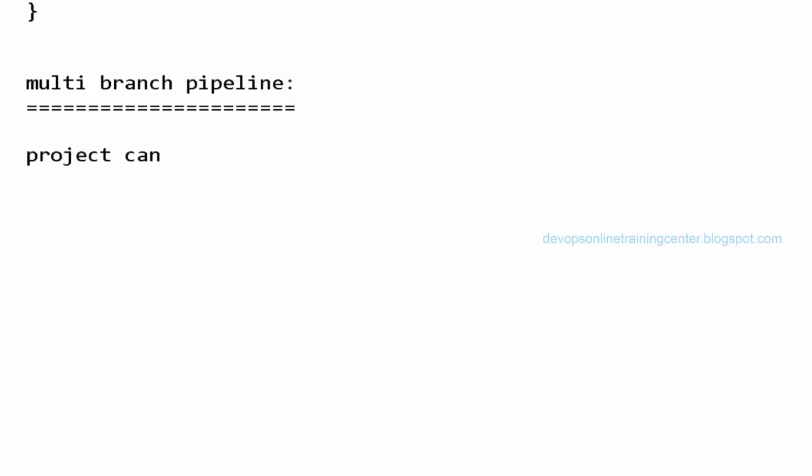It can have three kinds of branches, right? We have master, dev, and feature. Master or production, develop branch, or feature branch, right?